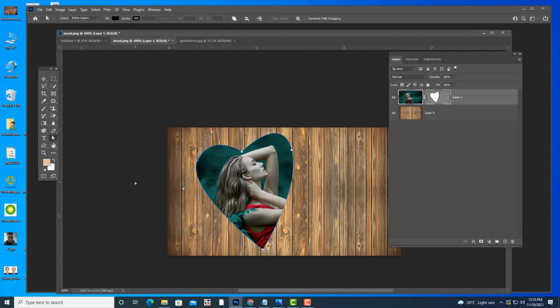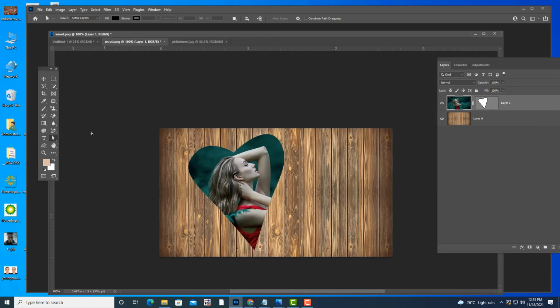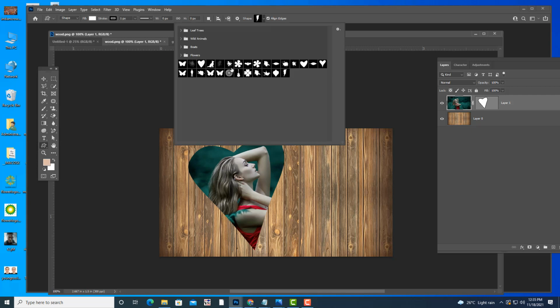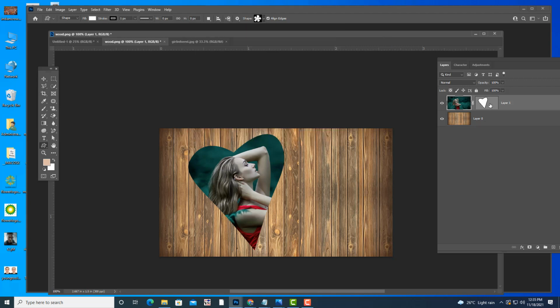See, like this. You can modify, and also you can add points to the shape. Just use the Add Anchor Point tool, add some points, and then you can use the Direct Selection tool, so you can control like this. And you can also create more shapes. You can either use the pen tool to create shapes, or this time I will take the Custom Shape tool. See, in custom shape I have saved so many shapes. Let me use this flower shape.